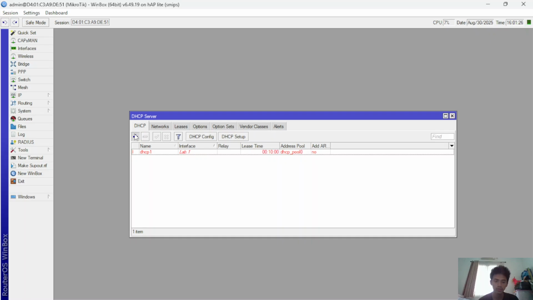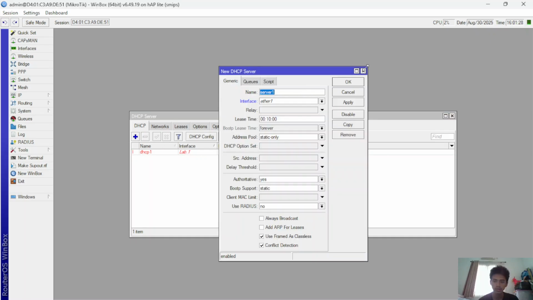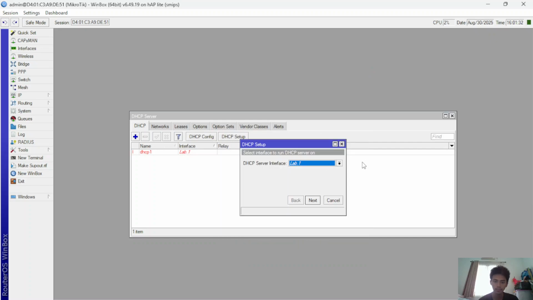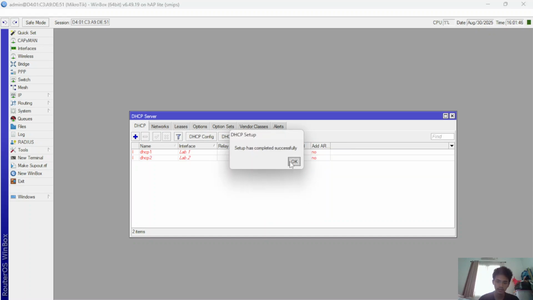You create one more. In the DHCP setup, we create it for lab 2. Next, then server. Next. Okay. Why is this red?